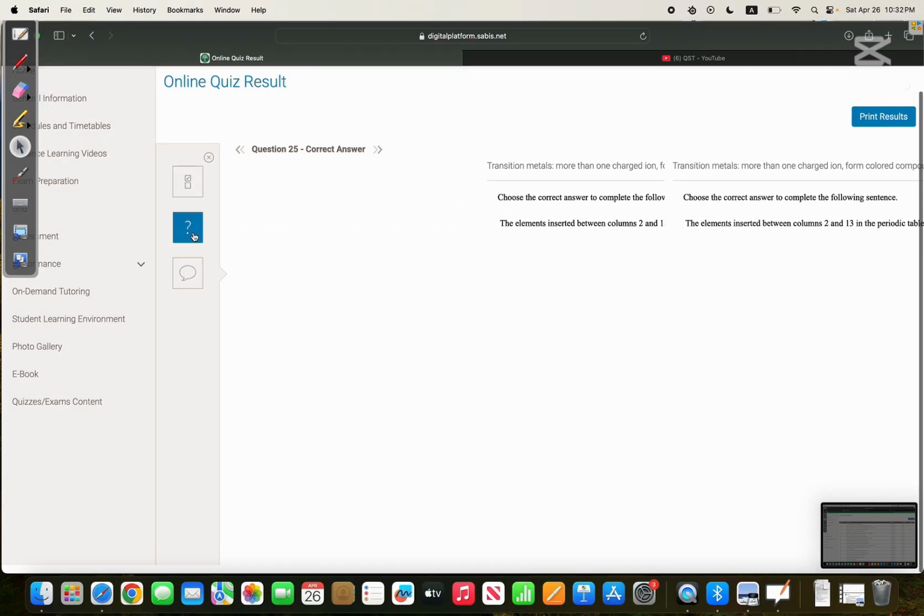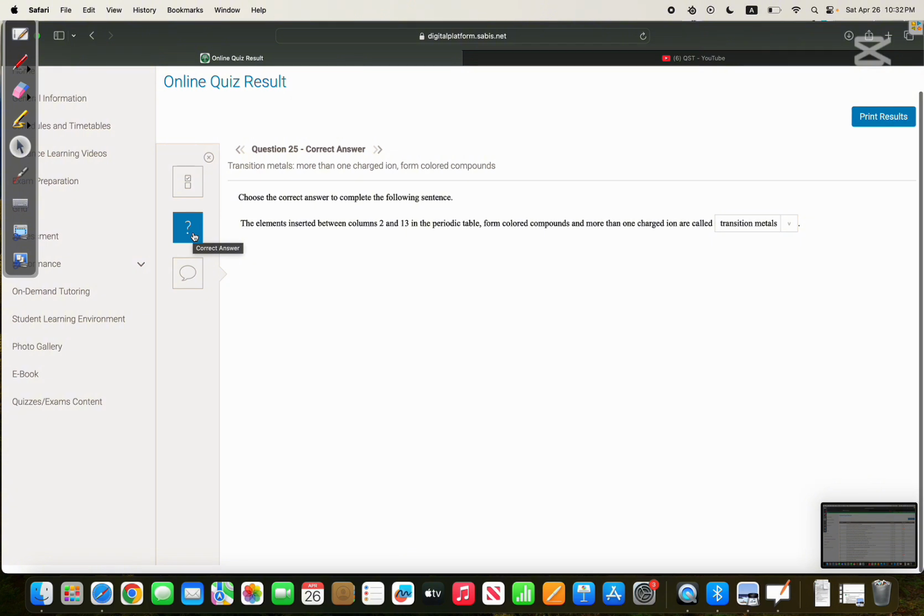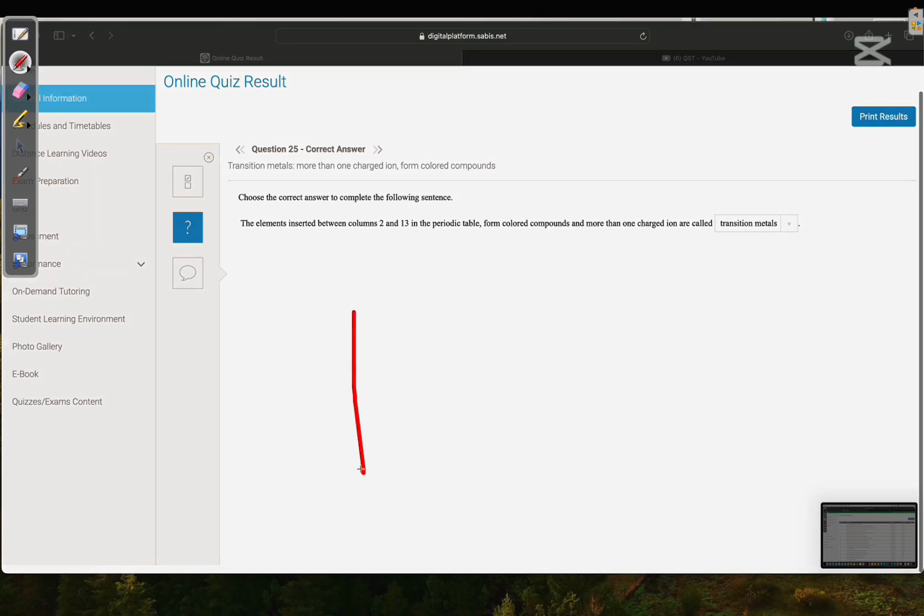Number 25. The elements inserted between columns 2 and 13 in the periodic table form colored compounds, and more than one charged ion are called transition metals. Okay, so let me do the periodic table. For example,